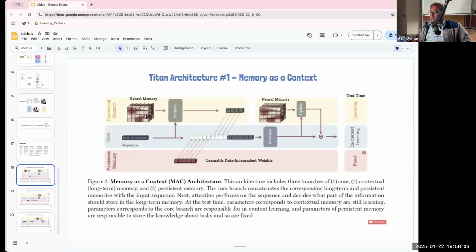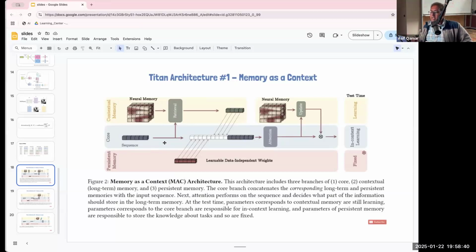So you may want to note down that the neural memory we are talking about may be limited in its size. It's not going to grow. In human memory I don't know whether it's limited or not, but the long-term or contextual memory is limited to some size. Now, if you feed a lot of information to the neural memory, it's going to keep an abstract, summarized form of that. It's not going to keep all the information. So that's one thing to note down. And then it has the ability to retrieve. That's what this module is about.